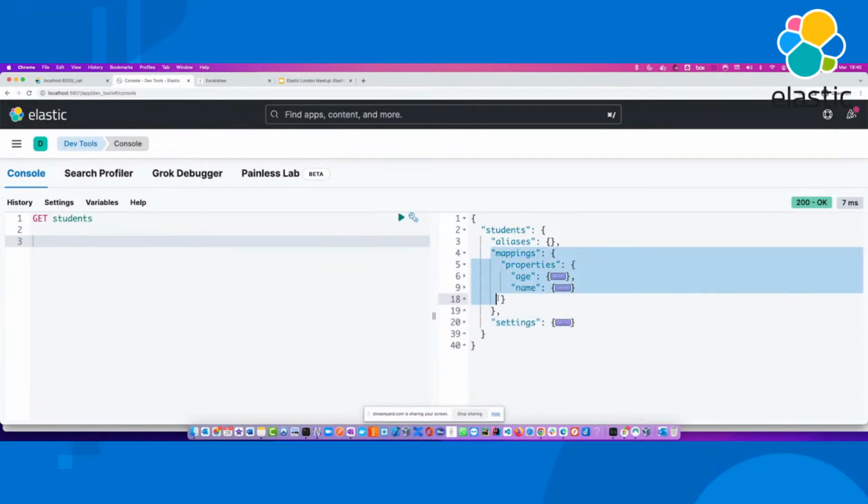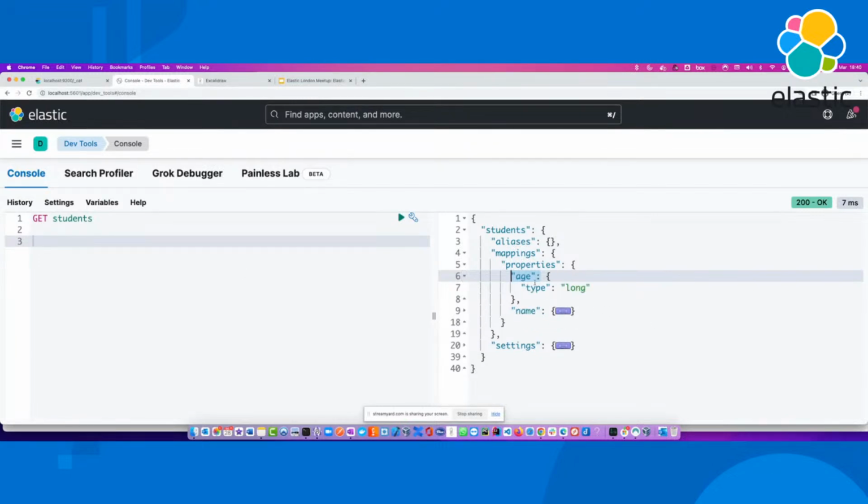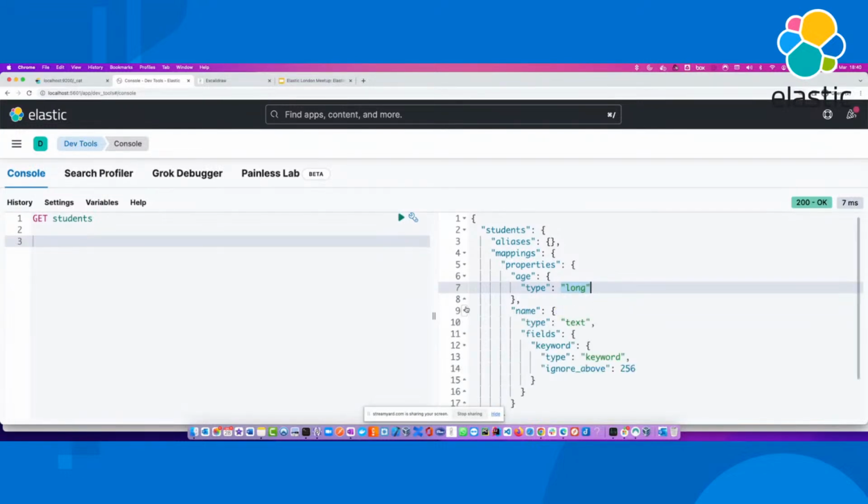If you look at these mappings, I did not tell Elasticsearch to find out the data type of this particular property. When I gave students being X and Y and Z, John Doe name and age so and so, it went through the document and deduced the data types by looking at the data values. Because age has 23 or 24, that looks like a number, so it said I can think of it as being type long. So it did the job for us.